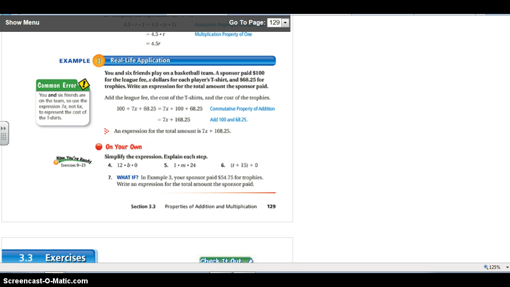A sponsor paid $100 for the league fees, x dollars for each player's t-shirt, and $68.25 for trophies. Write an expression for the total amount that the sponsor paid. Okay, so you're going to add the league fee, the cost of the t-shirts, and the cost of the